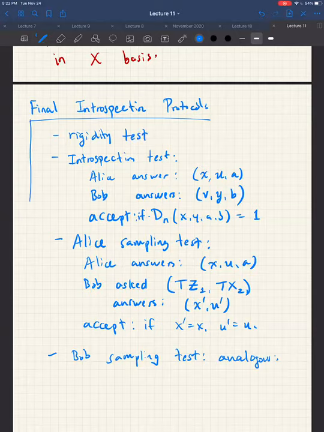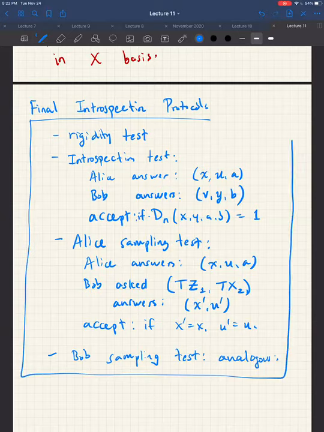So this is our introspection protocol. And this is what we wanted. So first, let's check that we've really reduced the sampling complexity. I mean, where does the sampling complexity come from? Well, it's dominated by this rigidity test. And we're promised that it is polylog n,